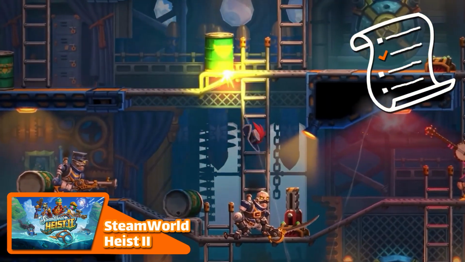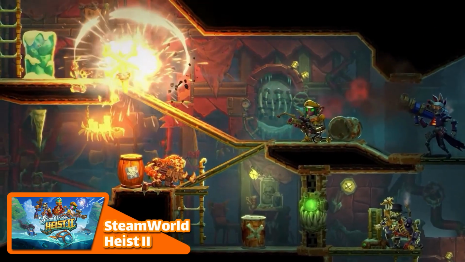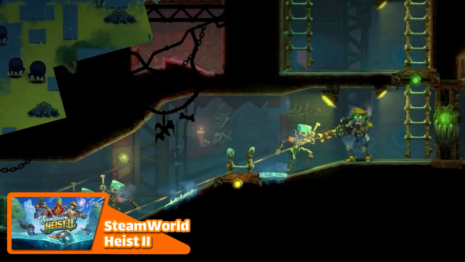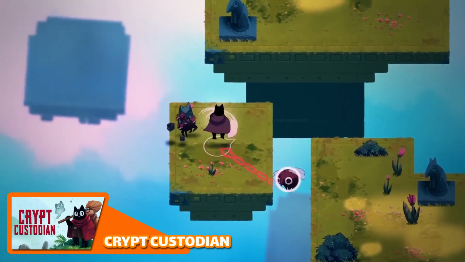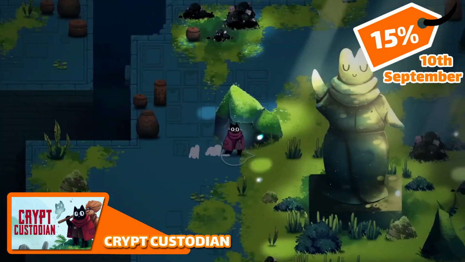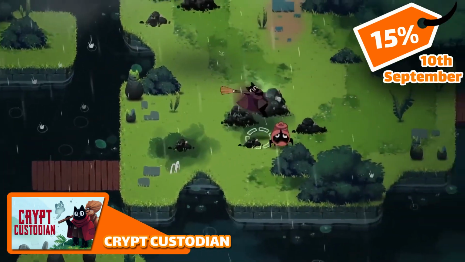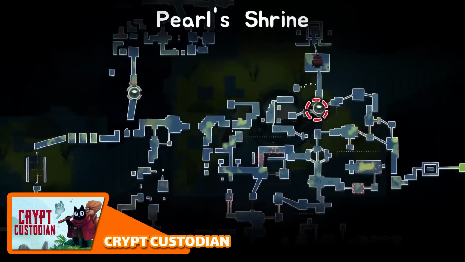This has been on my wish list since it was announced. I don't have it yet, but it's very near the top. Crypt Custodian sees you as a banished cat ghost charged with cleaning up the afterlife. Hang out with other doomed ghosts, solve puzzles, complete dungeons and battle bosses as you try to undo your eternal